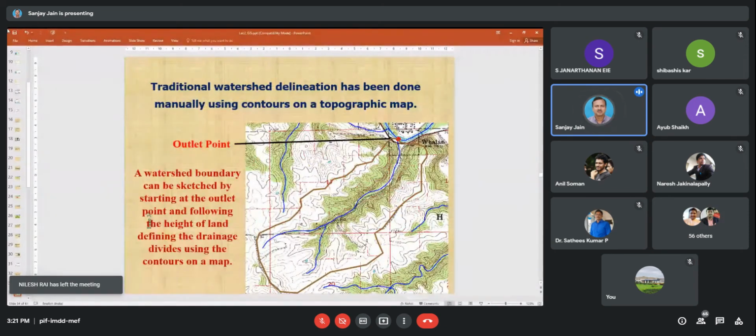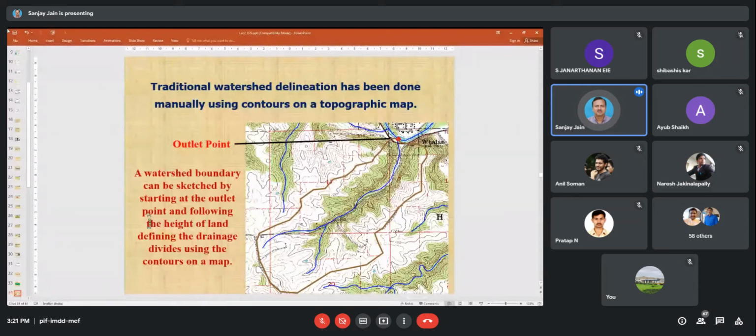Earlier I was doing the same exercise with the help of Survey of India topography sheets. So traditionally watershed delineation has been done manually using contour data on topographic sheets. Okay, you can see an outlet point. Up to that point, this river will contribute the water. And I have to know how much water is coming from that watershed. I have to do hydrological modeling to know that also.